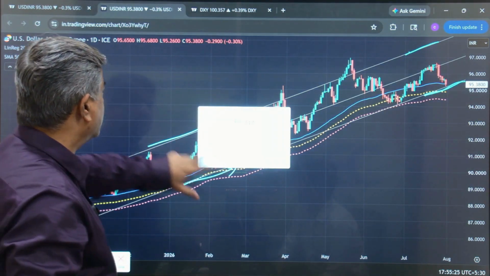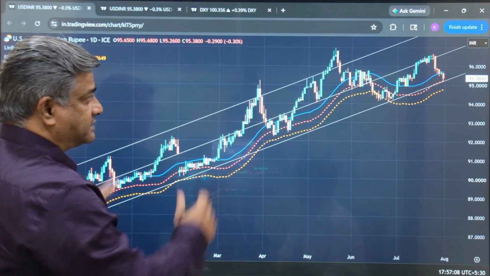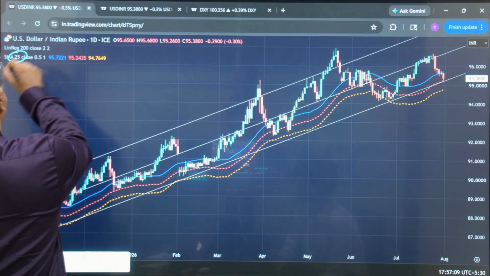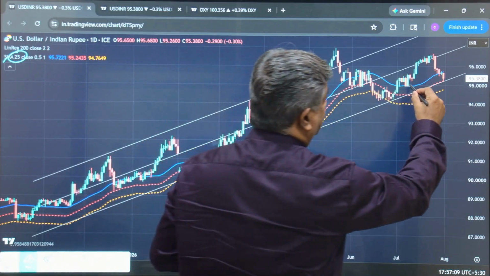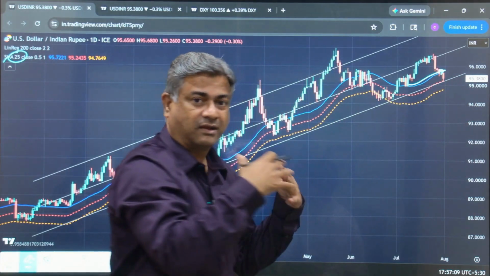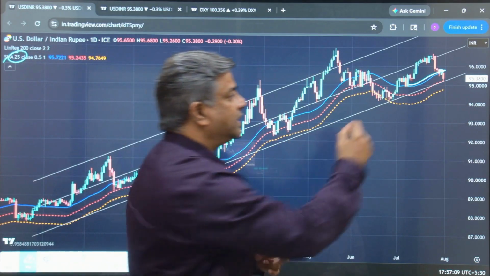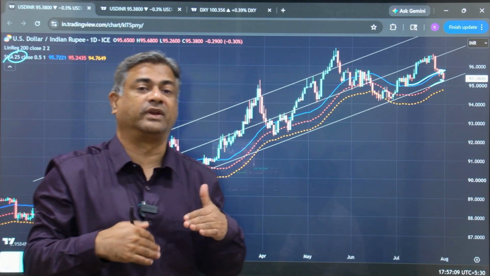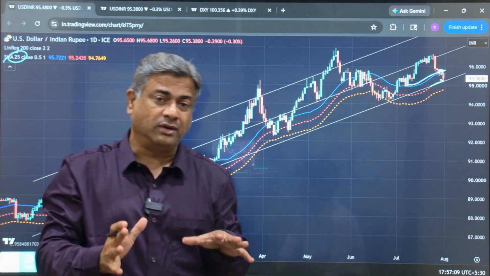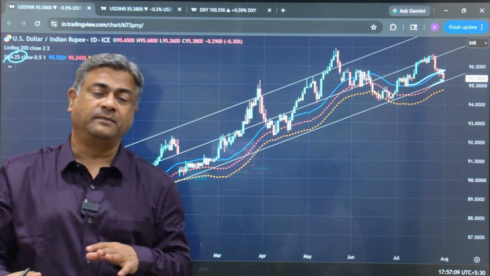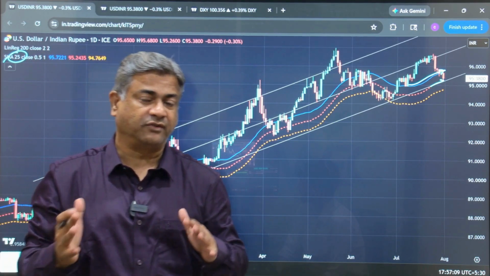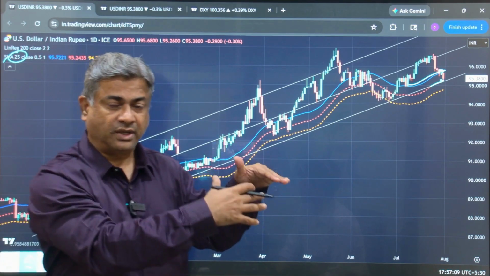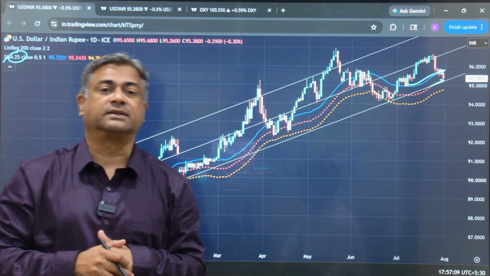Now let me show another chart of dollar INR. It is the same, but this is a 25-day average, the blue line. The prices are actually close to the 25-day moving average, about half a percent above it. So there are strong support signals in dollar INR in the region around 95.25, 95.30 or 95.35. We have seen multiple technical signals converging, a confluence of indicators, at that level.